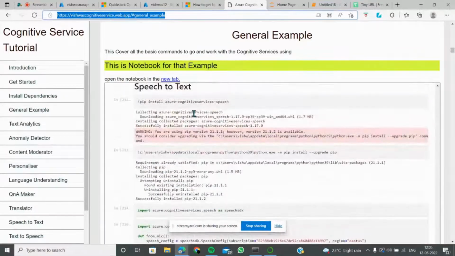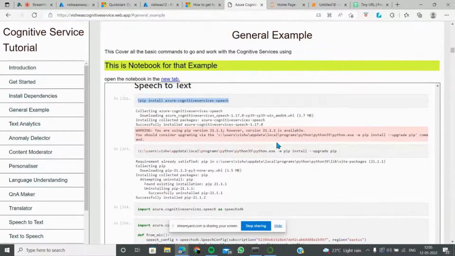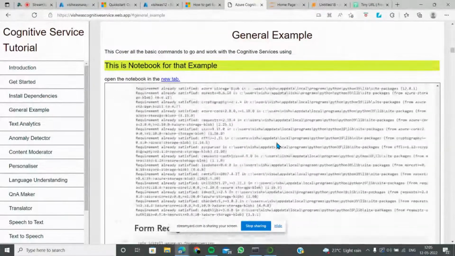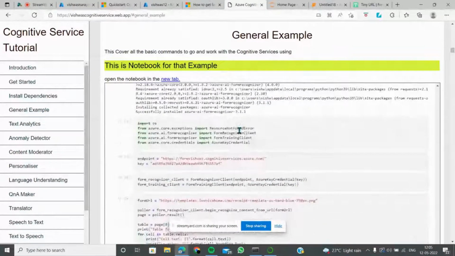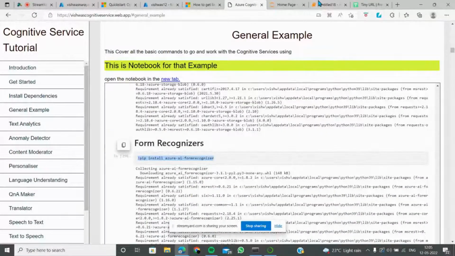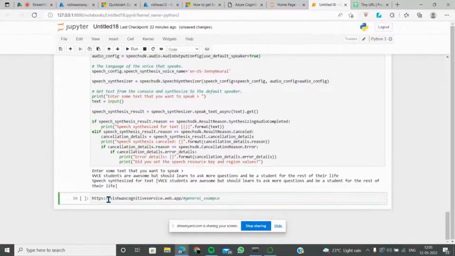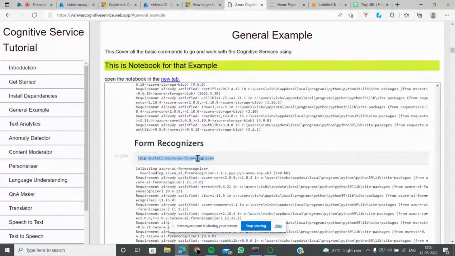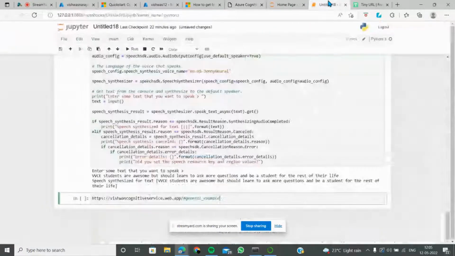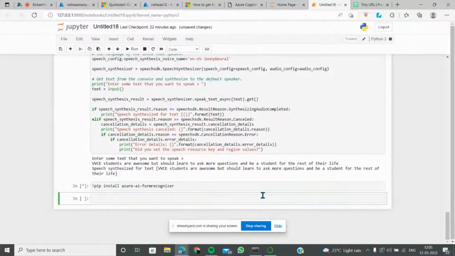So speech to text is always there. Cognitive services, speech and everything. Form Recognizer is also there. I can do the same demo right now in front of you, because the code is already available for me. So let's just do that, because these are some of the potentials of an AI system that you all should know, which is accessible to you.